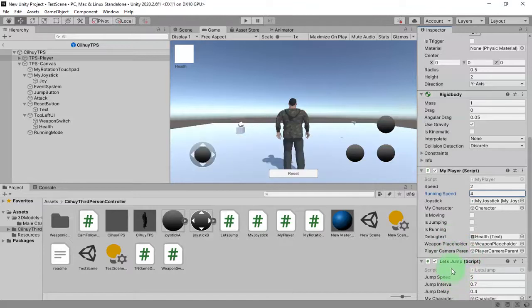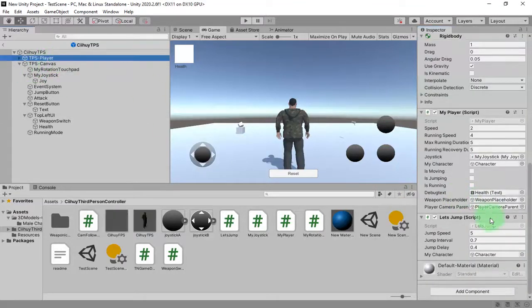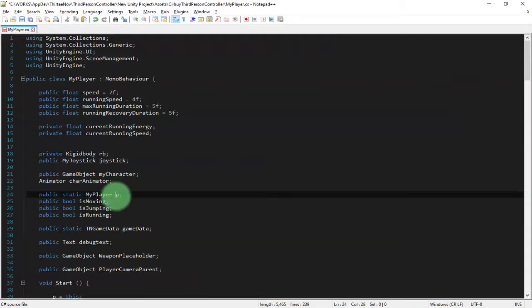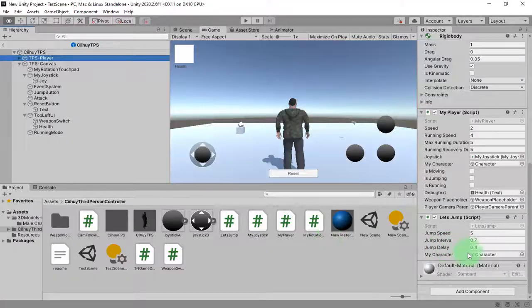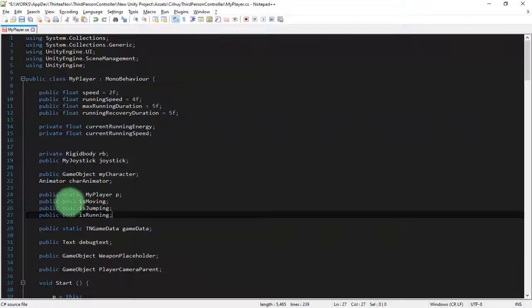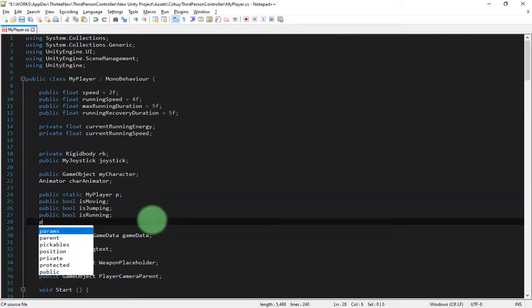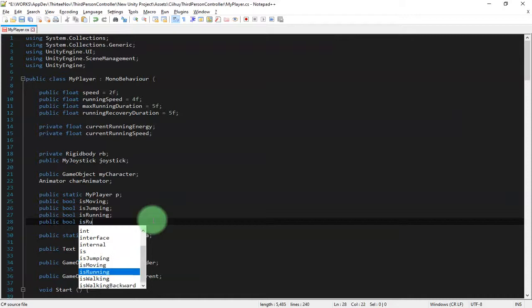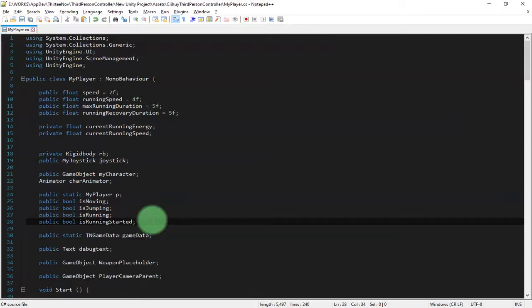Let me check the inspector. Yeah, it's moving, it's jumping, it's running. Here I will create another public bool, is running started. This is another variable required for the running ability of this character.